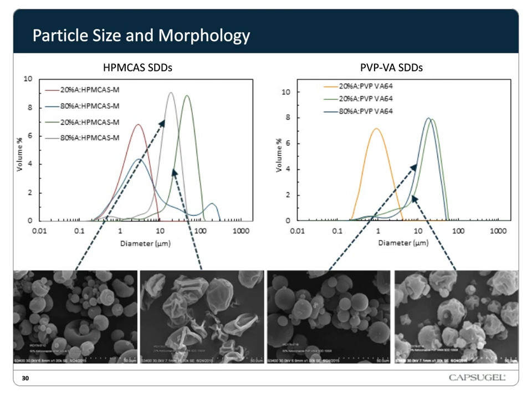Although it's not shown here, the BET measurements for the different surface area ones were about an order of magnitude different for the same formulation. So the 20% active HPMCAS-M formulation with the high surface area was an order of magnitude higher than the 20% active HPMCAS formulation with the low surface area. The only difference there is how we atomized it and the drying conditions in the spray dryer.